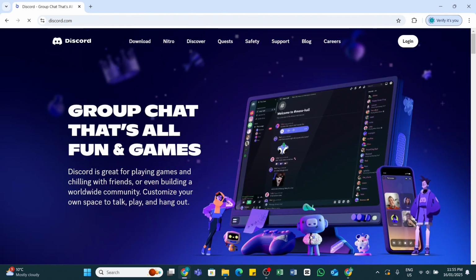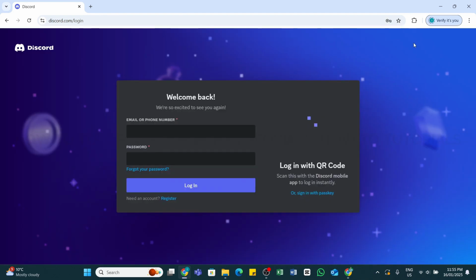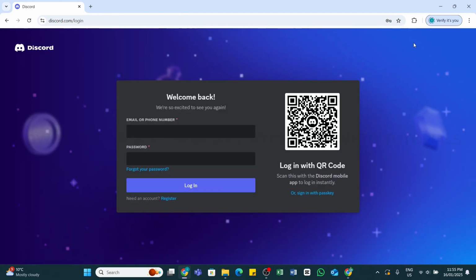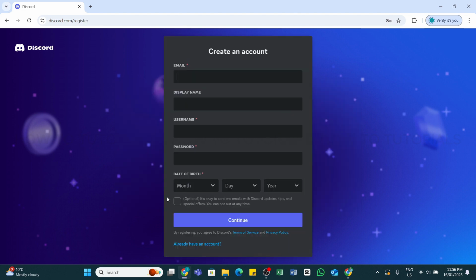Once you reach this page, here at the top, you will be able to see the login button. Click on the button at the top right, and now you will be presented with this login interface. In this interface, you will be able to locate a register link just below the login button. Simply click on this register link, and now here you will be able to see this interface where you will